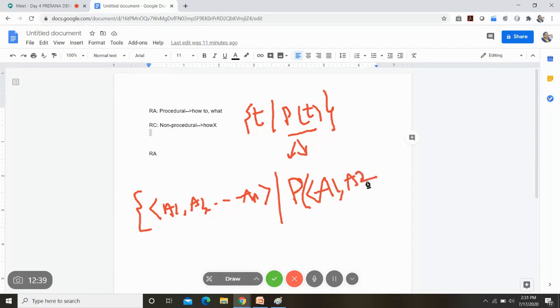Right. So as with tuple relational calculus, even here you will have the predicate be the condition saying which table these attributes belong to and what the condition on these attributes is. Both of them should be specified, in tuple relational calculus as well as in domain relational calculus. This is the only information that we need to keep in mind to further proceed with relational algebra.